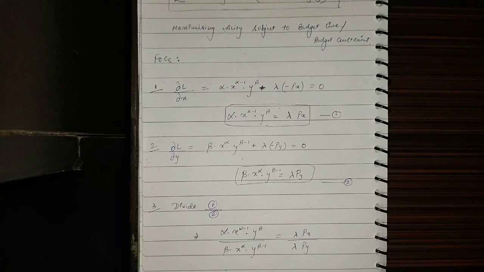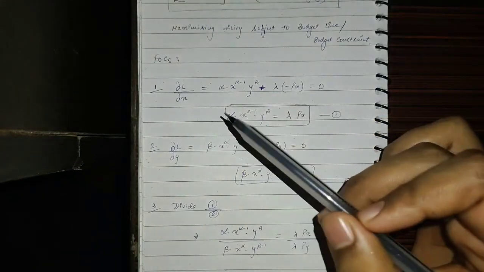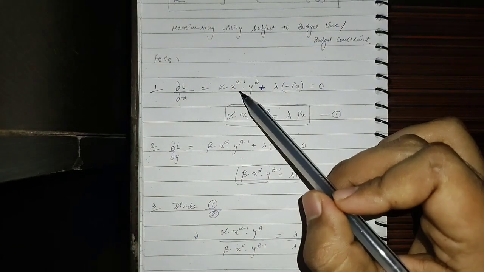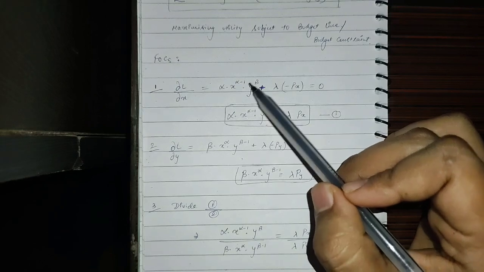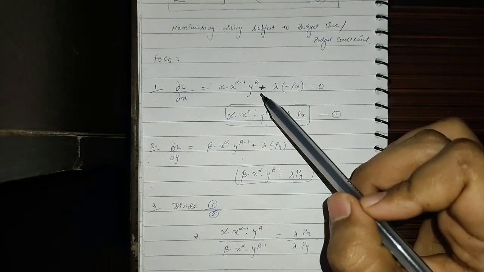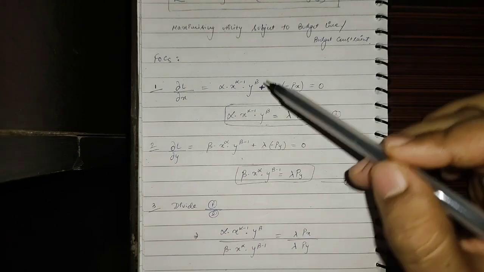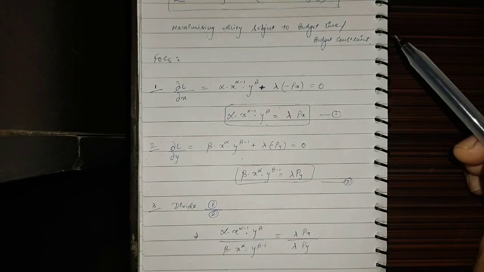So first we have to differentiate the Lagrangian function with respect to x. Differentiating it with respect to x, we would get del L divided by del x equals alpha will come down, and the power alpha will reduce by 1, multiplied by the constant that we are holding right now, which is y raised to power beta, plus